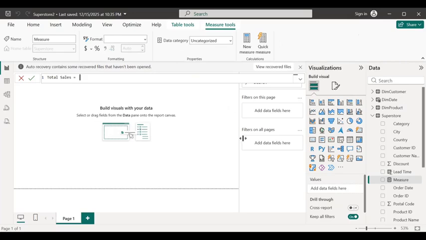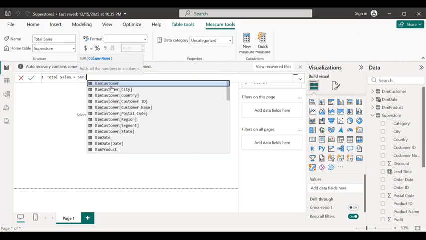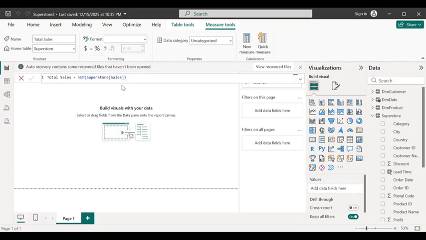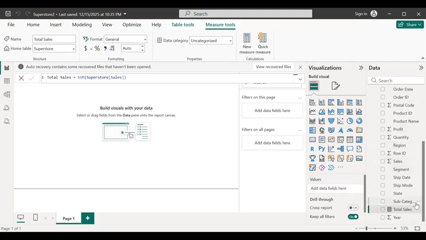and then the formula bar will open, and then we have to rename it total sales, and then we have to write our formula now. So what's the formula for total sales? It's very easy, right? It's a sum of the sales. So you write sum, and then you bring in the sales. You close your brackets, and then you hit the enter key, and you will see that you have a new measure called total sales,